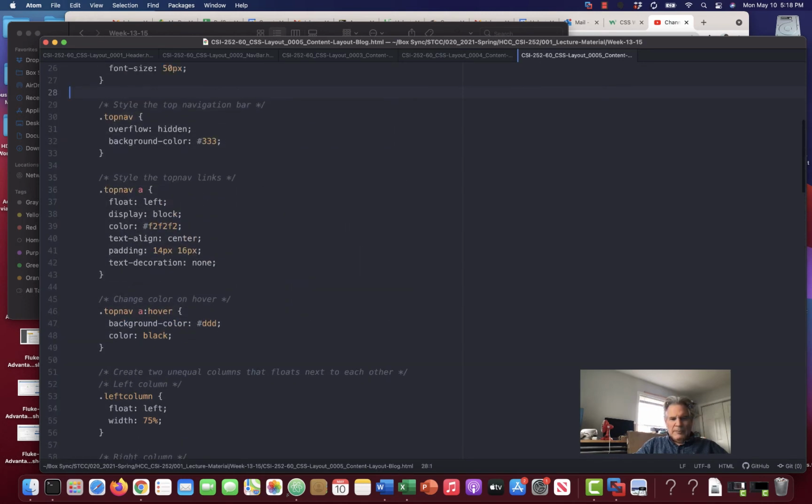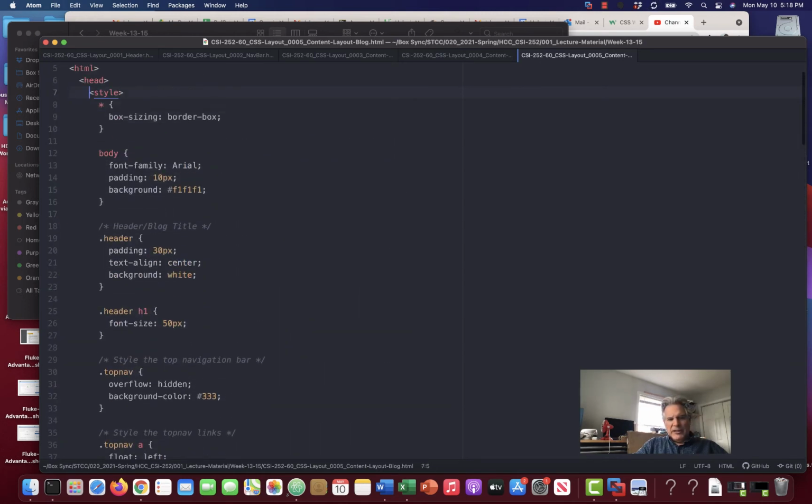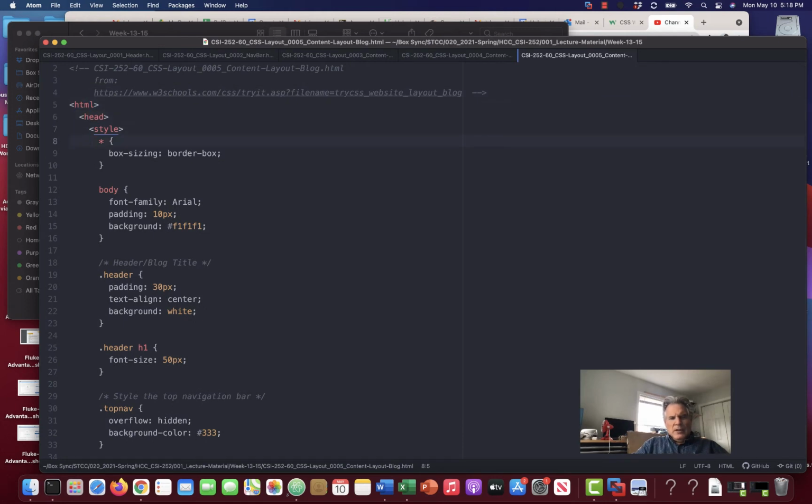I'm just grabbing and slightly modifying files from W3 Schools. So star means any class or any item, paragraphs, whatever, will have their box sizing be the size of a border box. There's a parameter and there's a value. The entire body section of the web page will use the font family Arial, the padding. Remember we talked about margins and padding. And the background color is